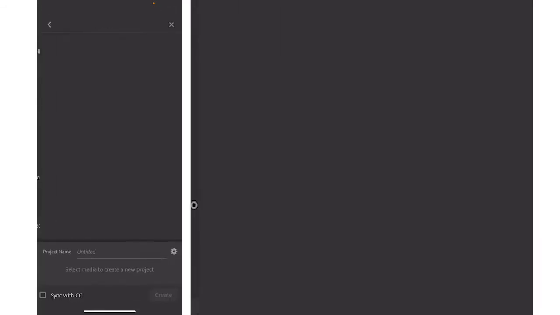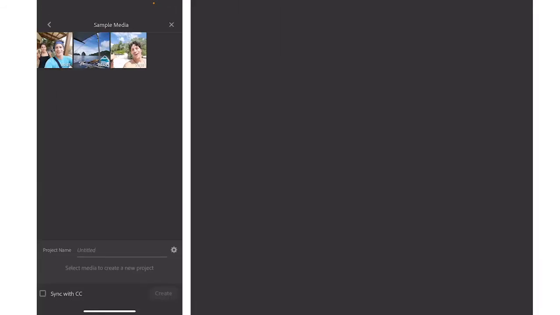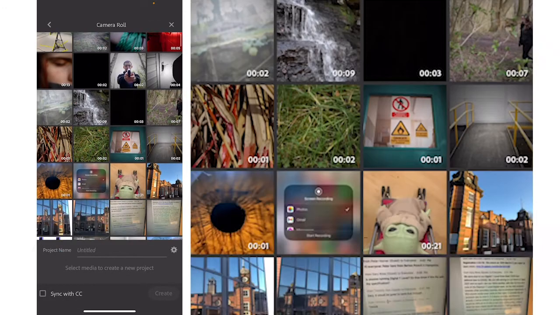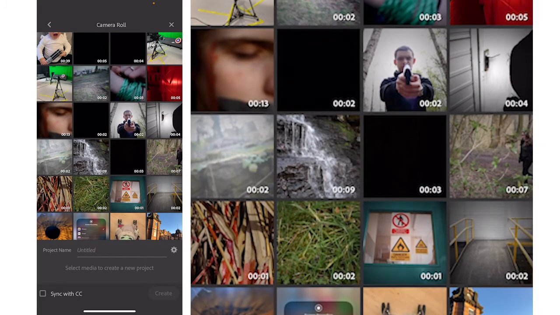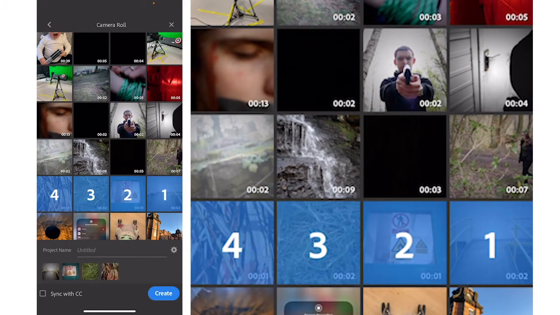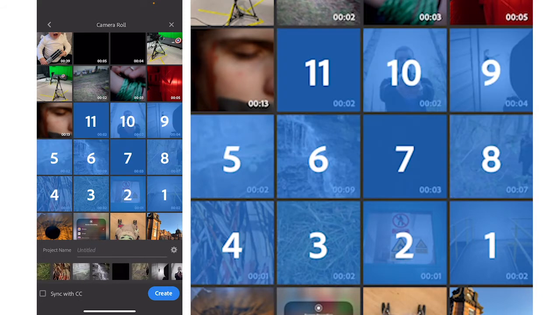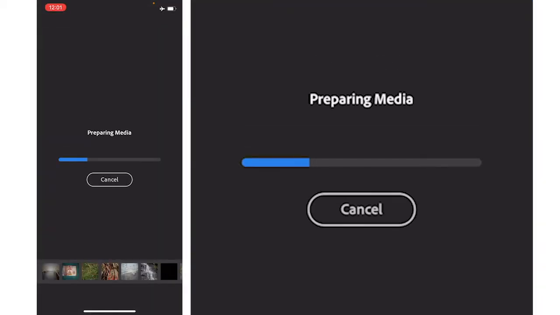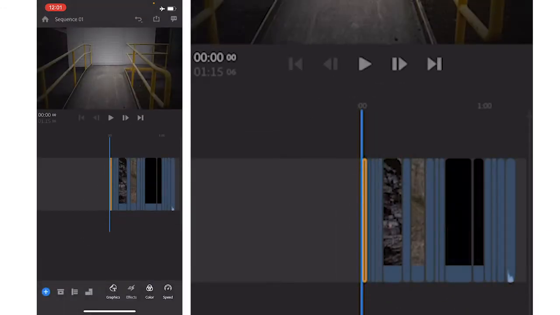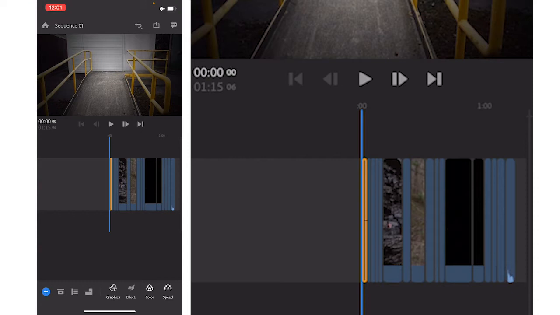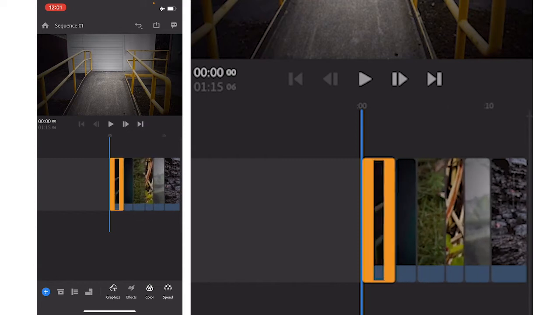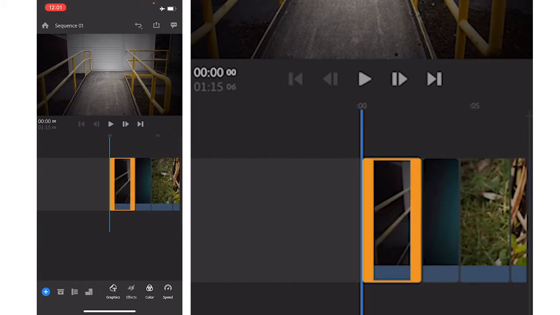Let's create a new project. Let's go back from the sample media to choose camera roll, and let's just select some of the clips that I've filmed. Okay, so if you've used Premiere Pro already, you'll hopefully recognize that there is a timeline very similar to Premiere Pro, where the clips